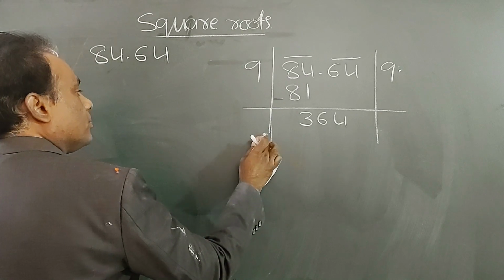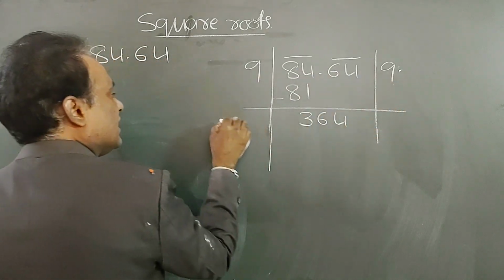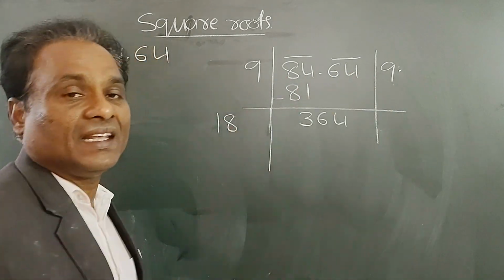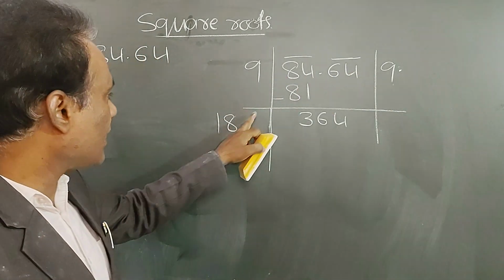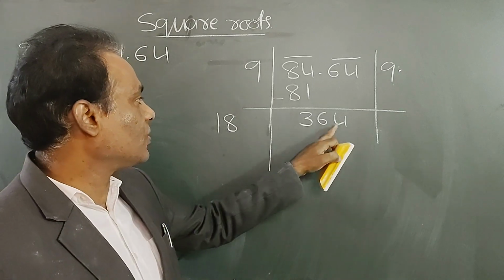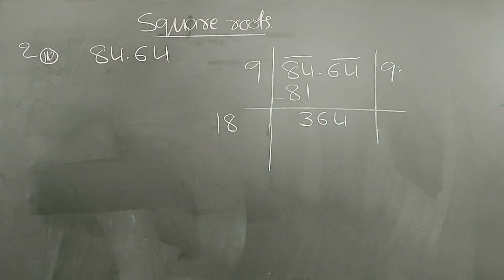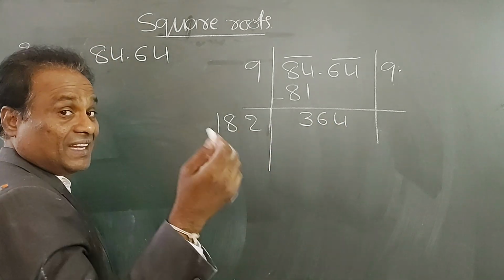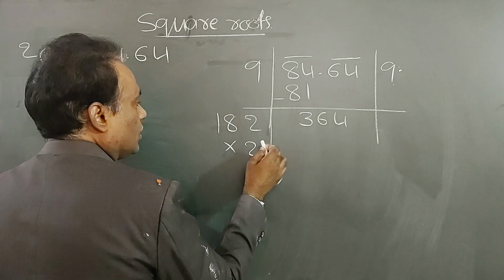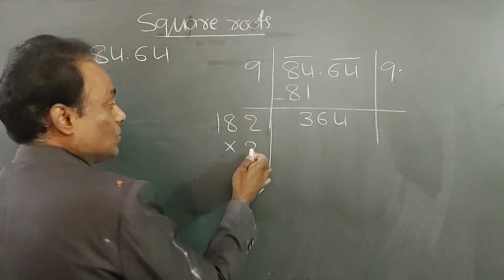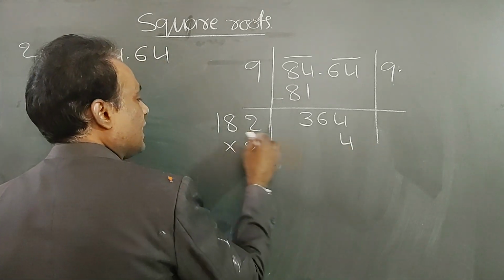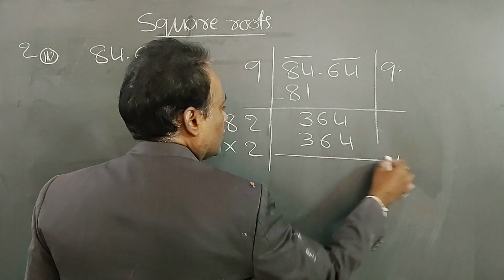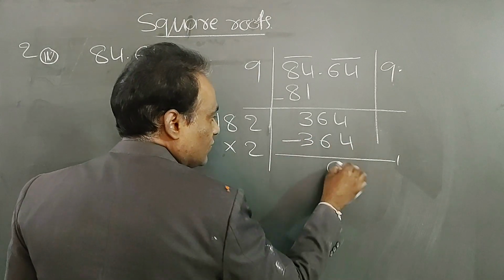So the next step is 9 plus 9 is 18. Write a number here, multiply with the same number. We have to get 364. So 4 means it should be possible with 2 and also with 8. So first let us try with 2. Write 2 and multiply with 2. 2 2s are 4, 2 8s are 16, 1 2 1s are 2 plus 1, 3. 364 minus 364